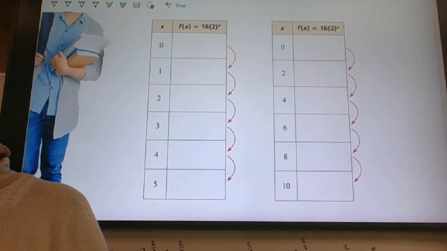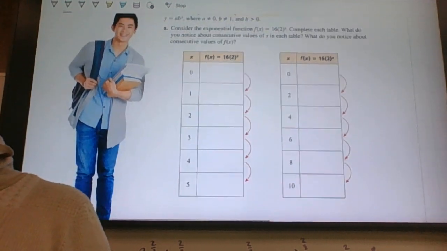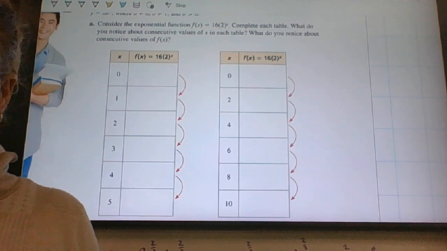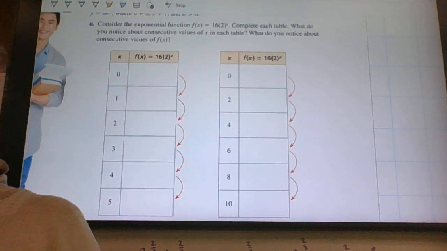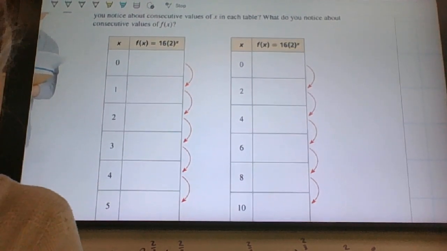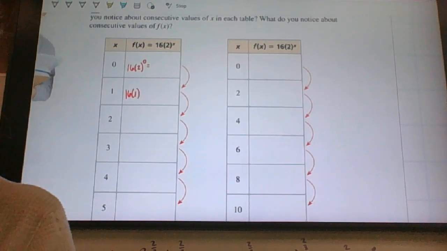Do yours go 0, 1, 2, 3, 4, 5, and then 0, 2, 4, 6, 8? Go ahead and fill this out. This is why I said you're required to use a calculator. What you're doing is putting the value in the table in for x in your calculator. So it's 16 times 2 to the 0 power, 16 times 1,